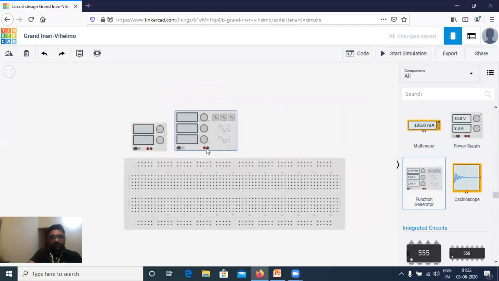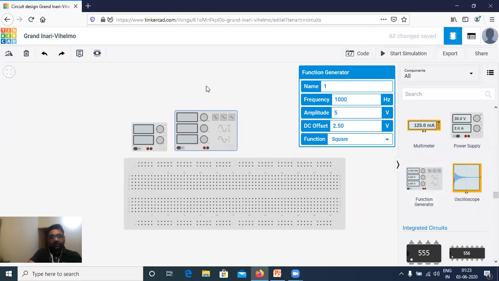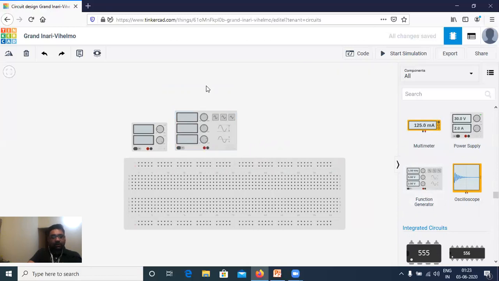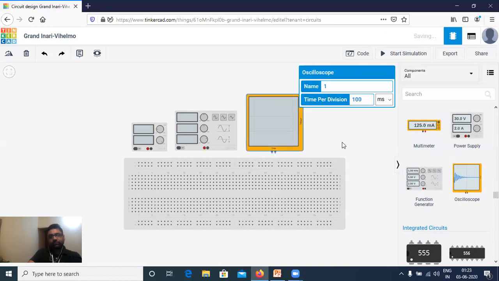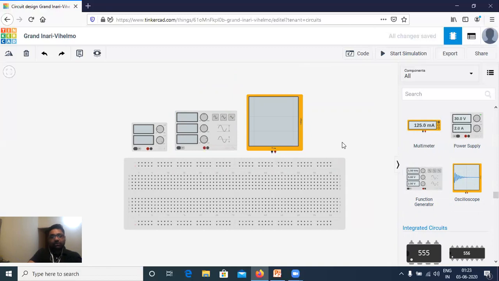And one more important thing, student, I want to see how my clocks are going so that you can have a better understanding of operation. For that, I am taking an oscilloscope also. This is used for seeing the clock. I will show you different configurations of the function generator and the oscilloscope later.